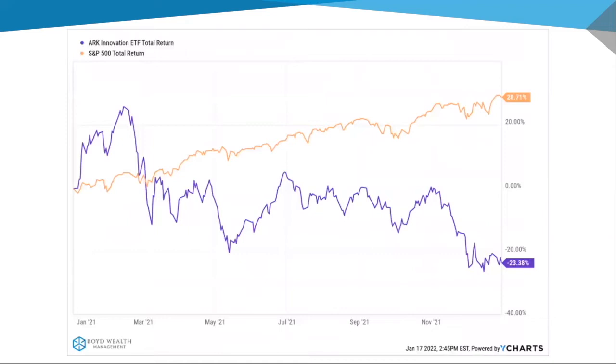What talk would be complete without ARK and crypto and some meme stocks? I'll get to some of these fun things. But while the general market was rising, not all stocks were treated the same. Stock picking is super tough, and high-flying growth stocks had a difficult year. Cathie Wood's famous ARK Innovation ETF would fall over 23% in 2021.